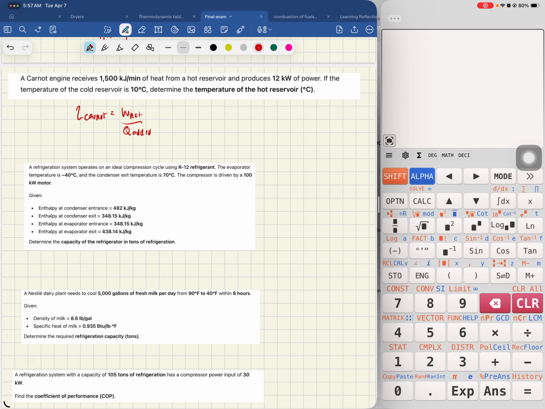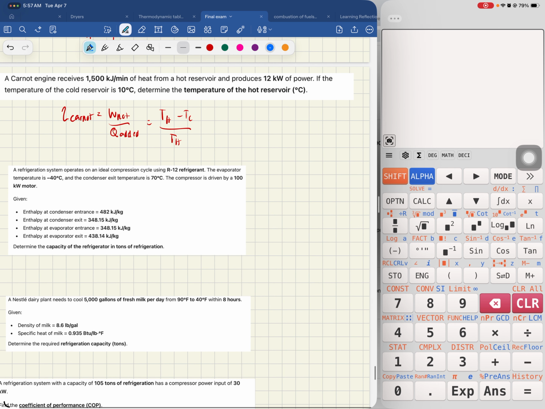Also since this is a Carnot, we can say that this is equivalent to the difference between the maximum and the minimum temperature over the maximum temperature. So in this case,